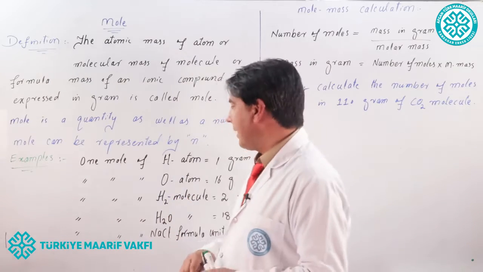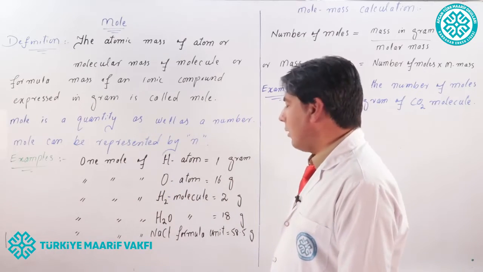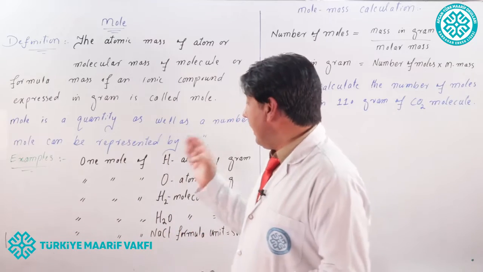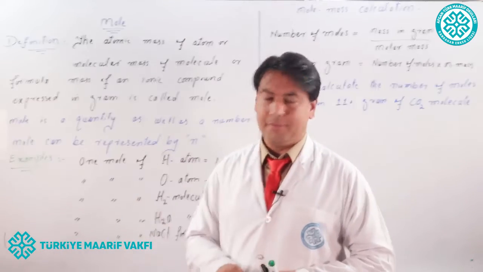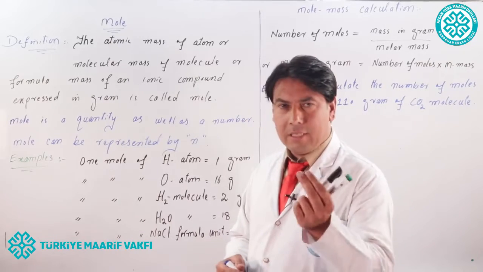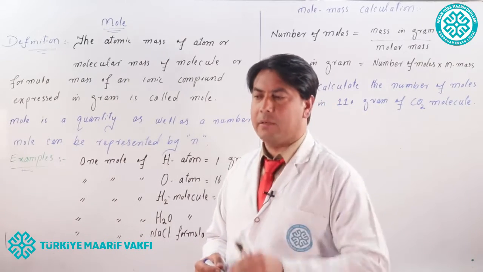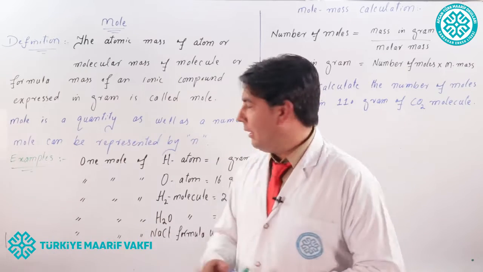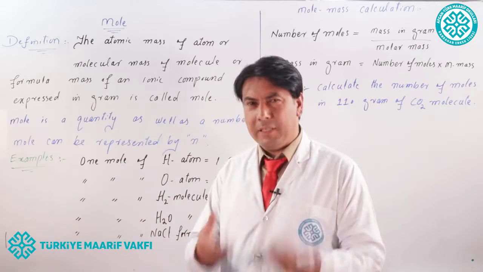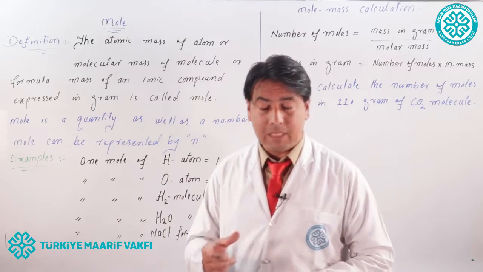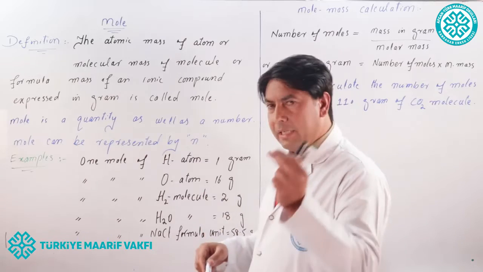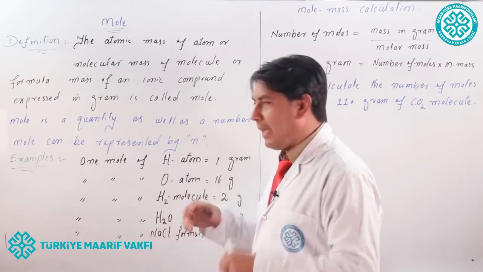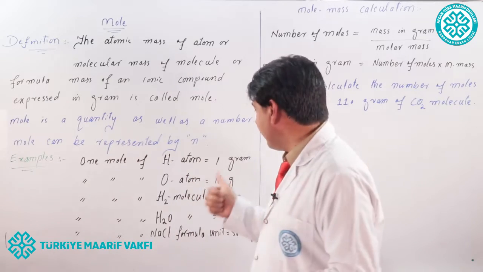For example, 1 mole of hydrogen atom is equal to 1 gram. Atomic mass of hydrogen is 1. Why? Because hydrogen atom has 1 proton and 1 electron, and atomic mass is the sum of proton and neutron. So hydrogen has only 1 proton, therefore its atomic mass is 1. So atomic mass of hydrogen is 1 AMU, and when we replace the AMU by gram,